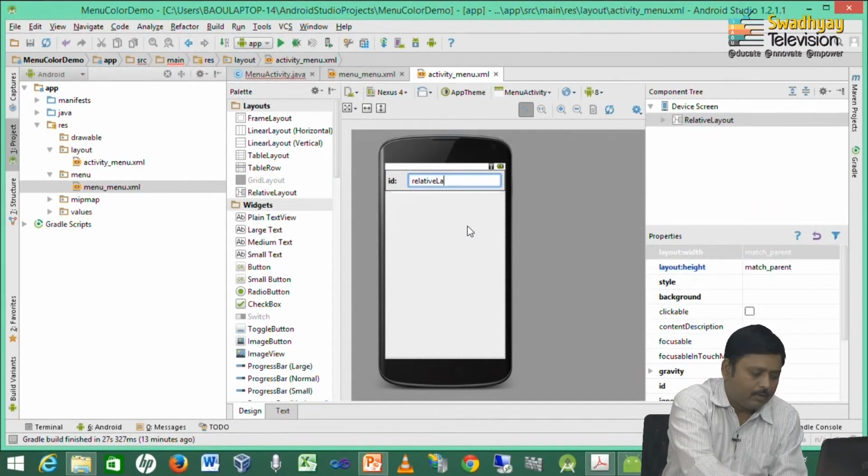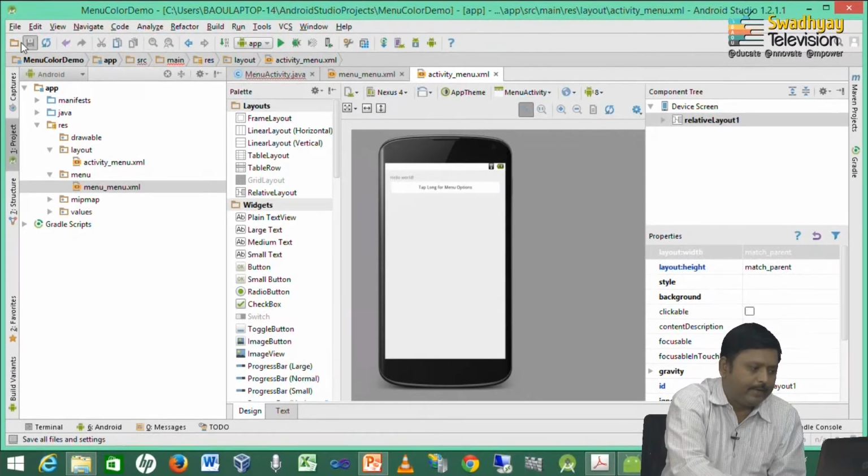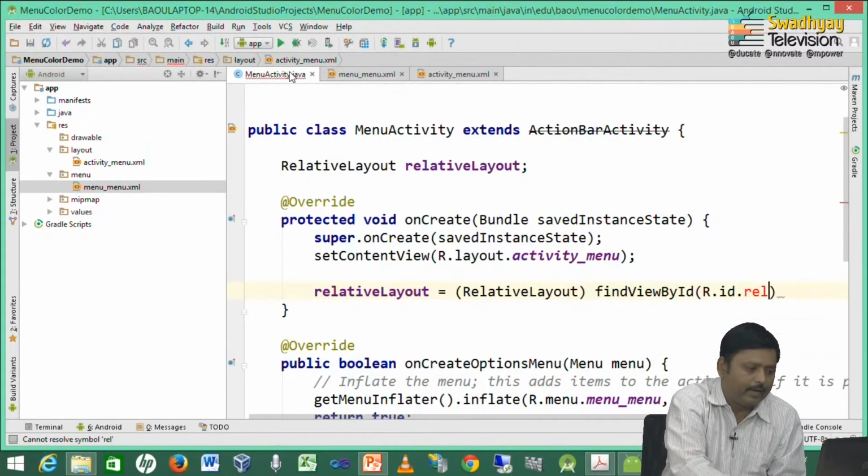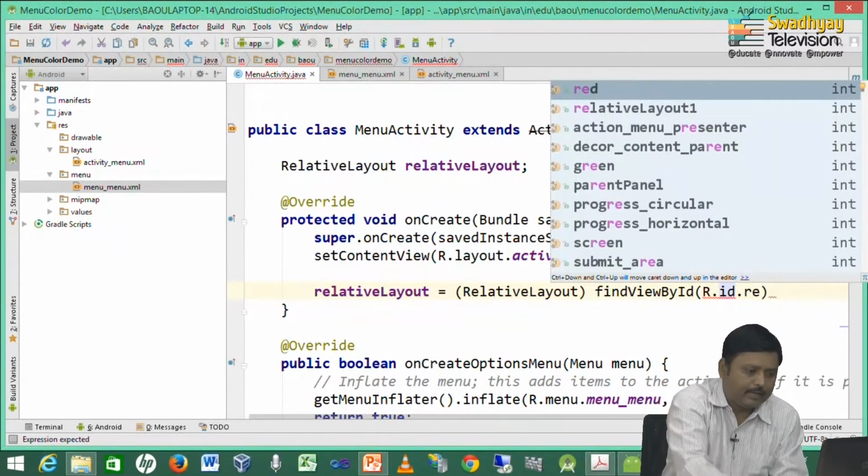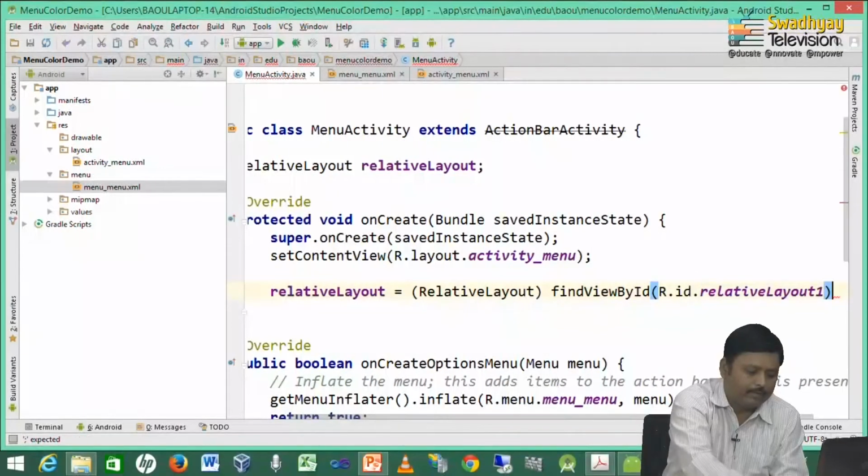So, I write down relativeLayout1, and then press this file and again go to the activity file. So, now we get the ID as relativeLayout1.